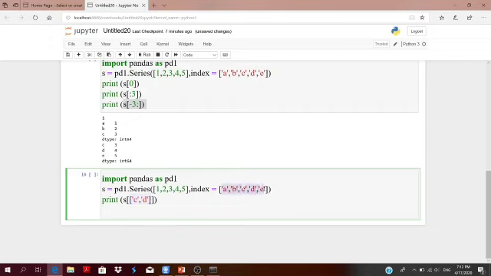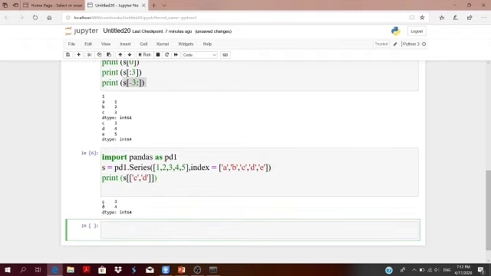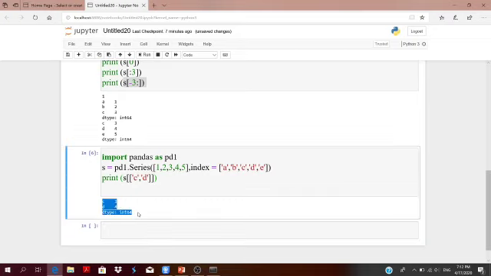These are the labels given to the indexes of the elements of the series. 1, 2, 3, 4 and 5 are the elements of the series, and A, B, C, D, E are the labels given to the indexes. And what about the indexes of 1, 2, 3, 4, 5? Their indexes are integers: 0, 1, 2, 3 and 4. So let us run this code and see the result. C, D. Only these two elements will be retrieved.